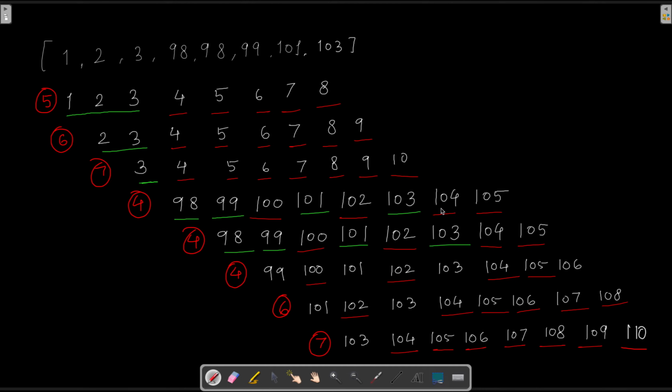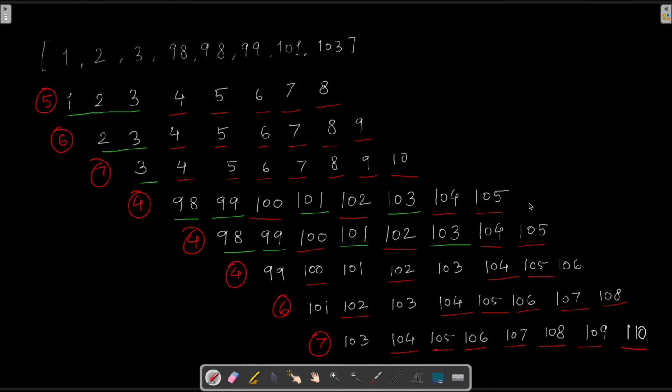So that is also in these two cases. These two cases minimize the number of elements that we have to change, and they maximize the number of elements that we are going to reuse from this array. So in this case, it is 1, 2, 3, 4. These are the 4 elements that we have to change in order to make this array into a continuous array.